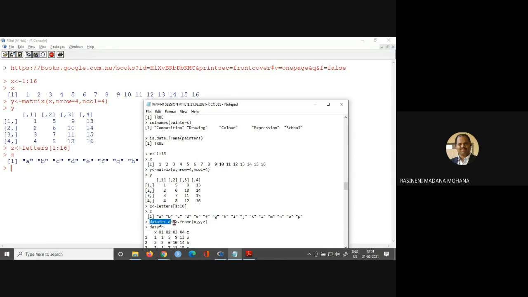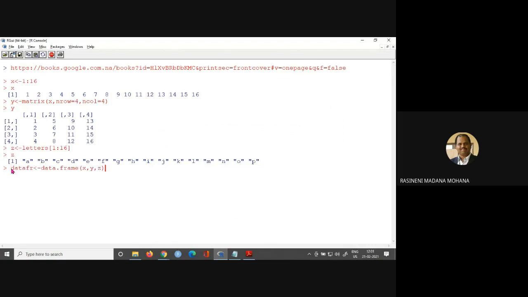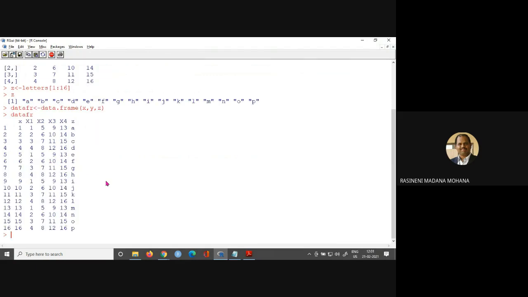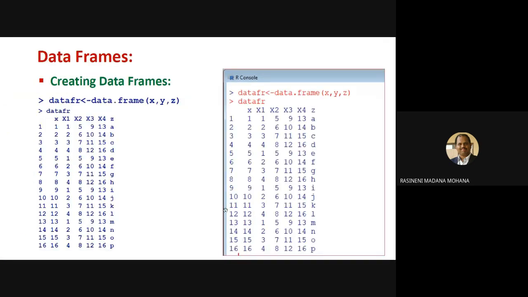Now create the data frame which can be stored in the vector, whatever the vector name, no problem. Now you can call a data frame, DA what we used, FR. Now you can see, whatever we executed is shown here. So a data frame is created. Previously we worked with an already existing data frame by using some packages. Here we created our own data frame. Now the data frame is stored in the dataFR vector. So you can perform whatever operations using this vector name further.